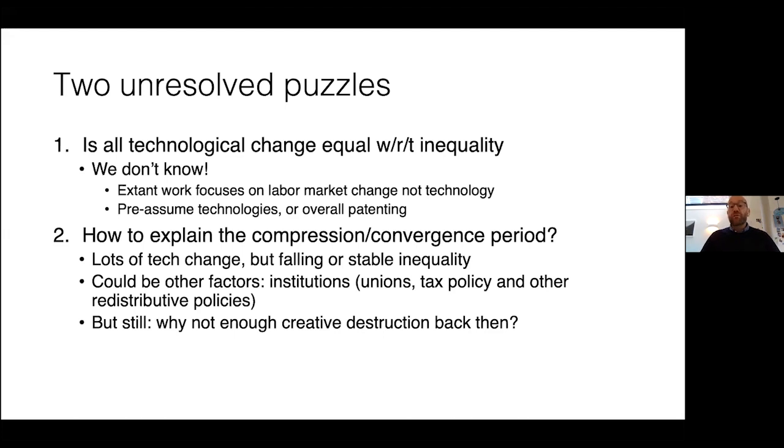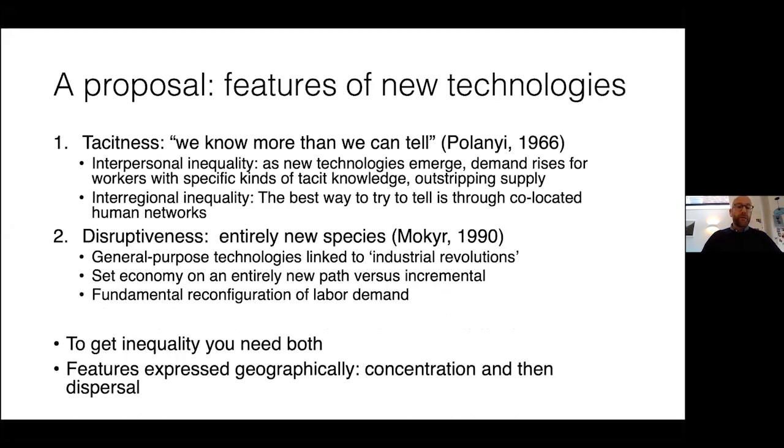Now, one might respond to that by saying, well, there are, of course, many other factors that we think relate to inequality, and it could be those other factors and not technology that are dominant in that period. To which we say, well, that's all well and good, but we still want to understand, what is it? Why isn't technology dominant in that period? And what exactly is technology's relationship to inequality more generally? And so these are the puzzles that we're trying to fill. Or answer, I should say.